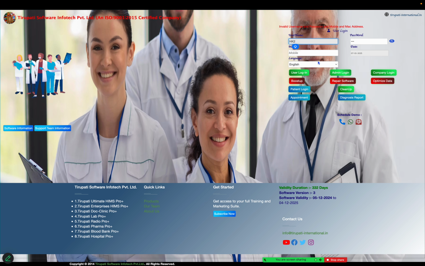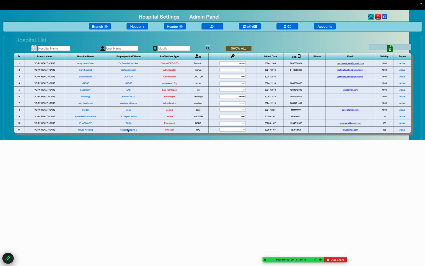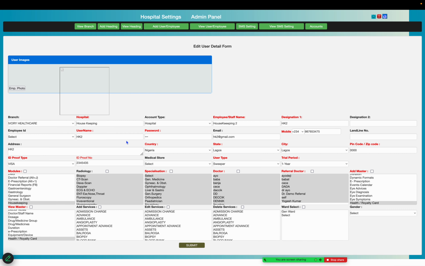What happened? HK2. Let me check it. Housekeeping 2 sweeper user, and the password should be the same.